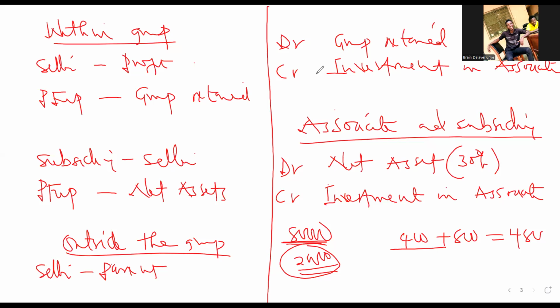Hello, sir. And the unwound value that you find, are you going to take it to the P&L as finance cost, or are you going to take it to the statement of financial position as a non-current liability? It depends on which statement you are preparing. If you're preparing the statement of profit or loss, the finance cost for that particular year will be added to the finance cost for the statement of profit or loss.